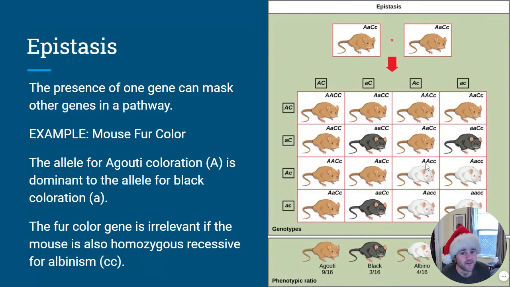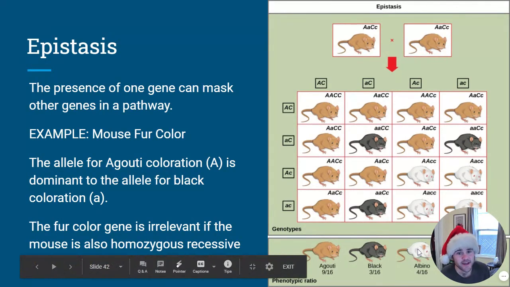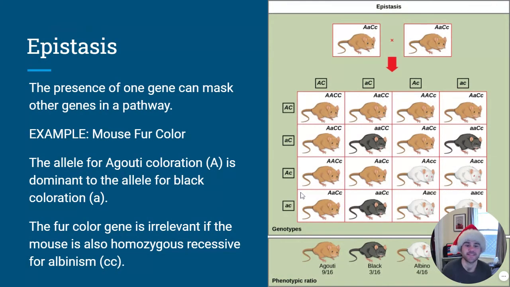And it doesn't matter if you have the traits for agouti or the traits for black fur. If you have the trait for albinism, it's going to overcome everything. So here we can see a third type of mouse present because this is going to override. This is called epistasis, and it's not extremely common, but you will find that there are all sorts of different genes that play off one another, and the presence of one can completely mess with the presence of another.